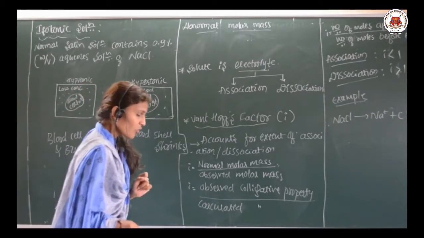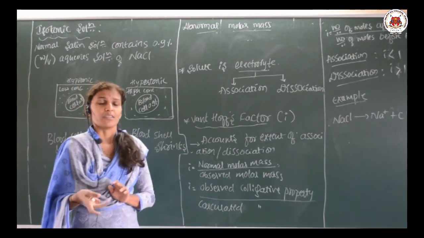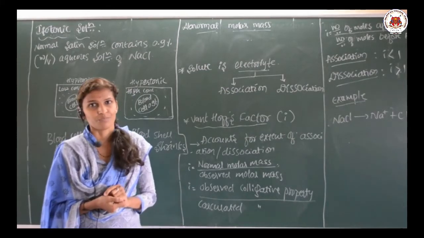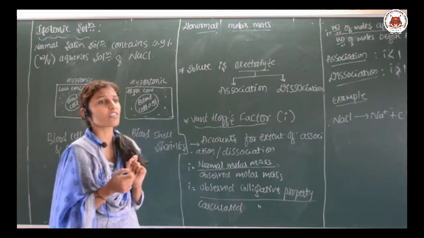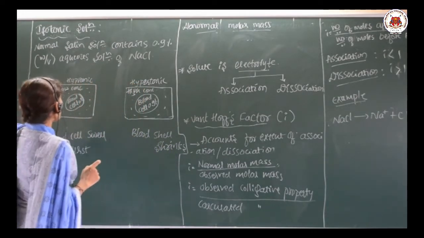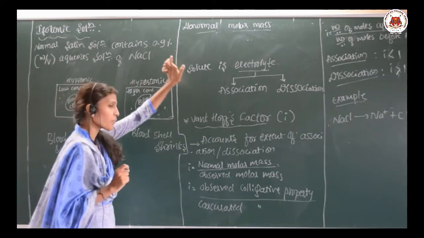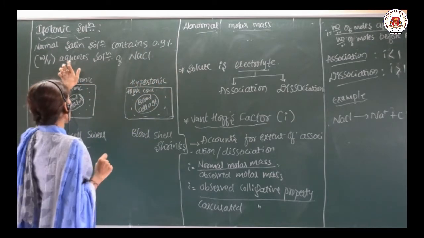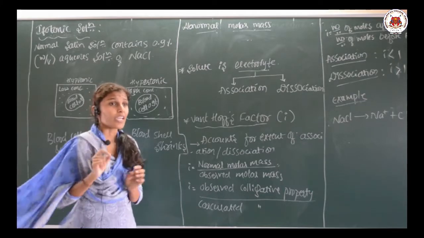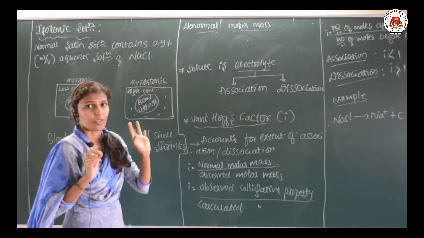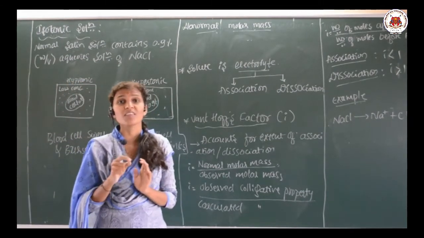See here, whatever salines we are using in the hospital are nothing but sodium chloride solution. That is a salt solution, the saline solution, but a definite concentration is maintained. Normal saline solution contains 0.9% mass by volume of aqueous solution of NaCl. It means a 0.9% mass by volume sodium chloride aqueous solution is normal saline solution.